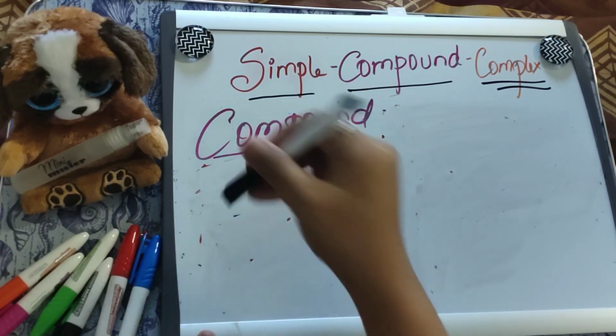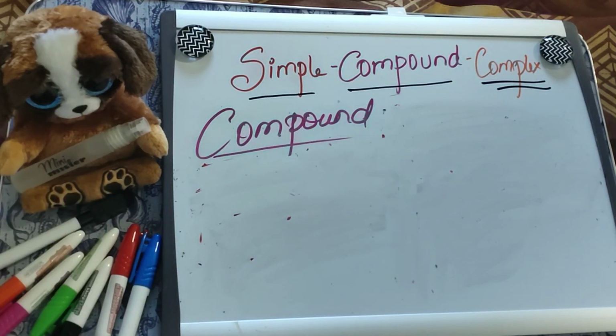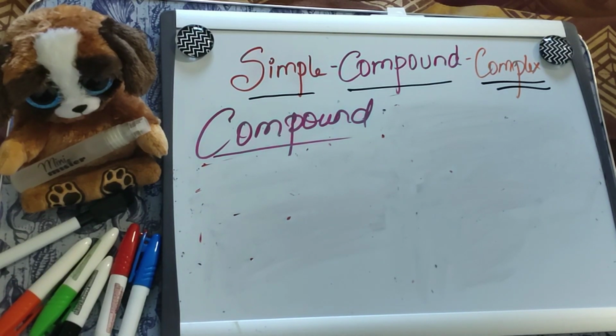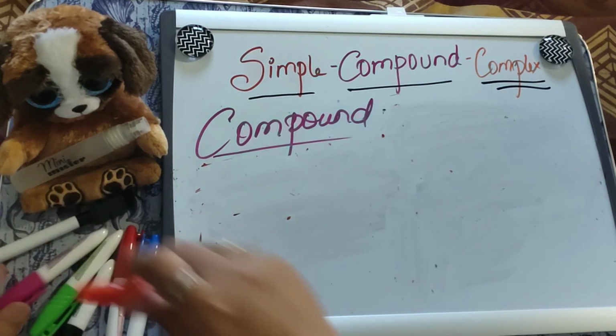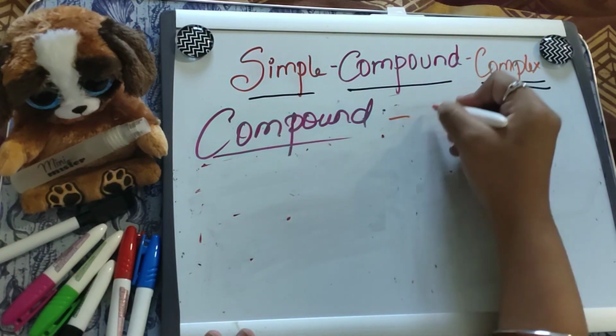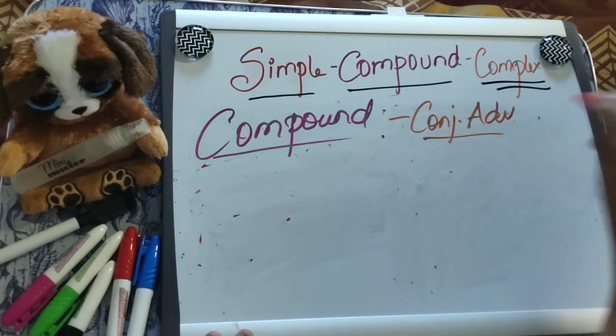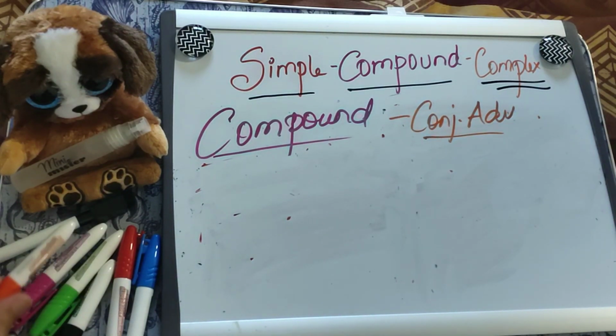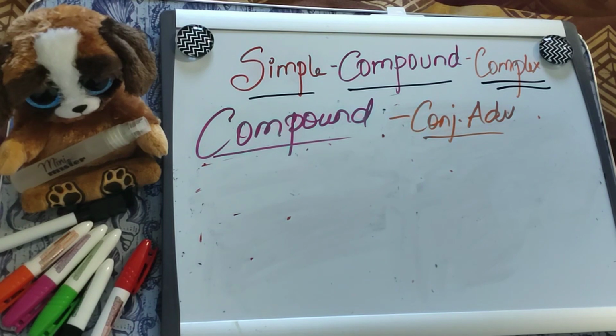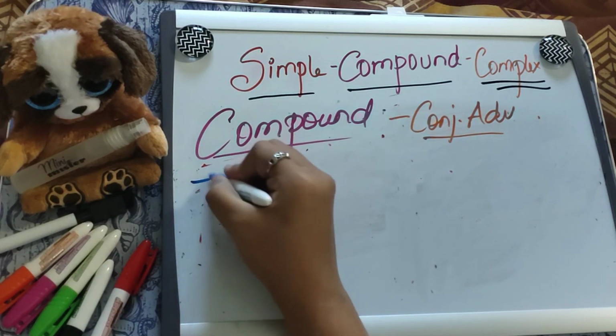So we just saw what a coordinating conjunction is. Now let's focus on the second type, that is conjunctive adverb. We can create a compound sentence with a conjunctive adverb other than the coordinating conjunction. So, conjunctive adverb, I'm just writing it in a short way. Let's see what those conjunctions are. So those conjunctions can be